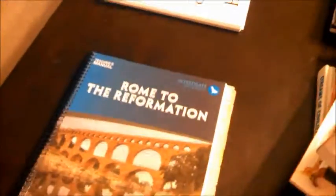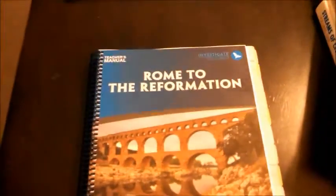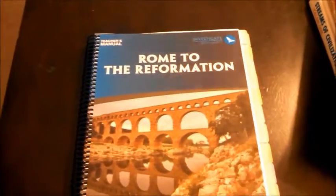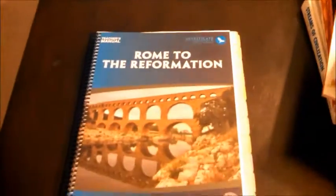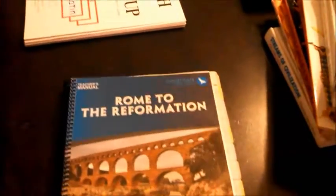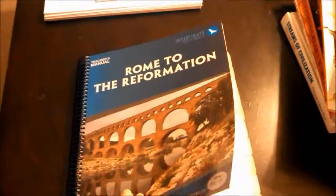Oftentimes I might buy it new or used, but this year I just went ahead and ordered directly from My Father's World. Since we are not participating in a Classical Conversations community this year, we had the extra funds to just go ahead and buy what I needed. And this will be for Sarah, who is in 5th grade, and Stephen, who is in 8th grade,